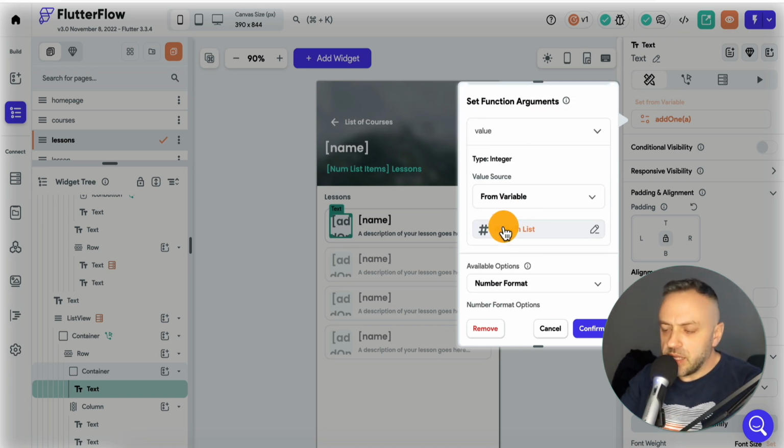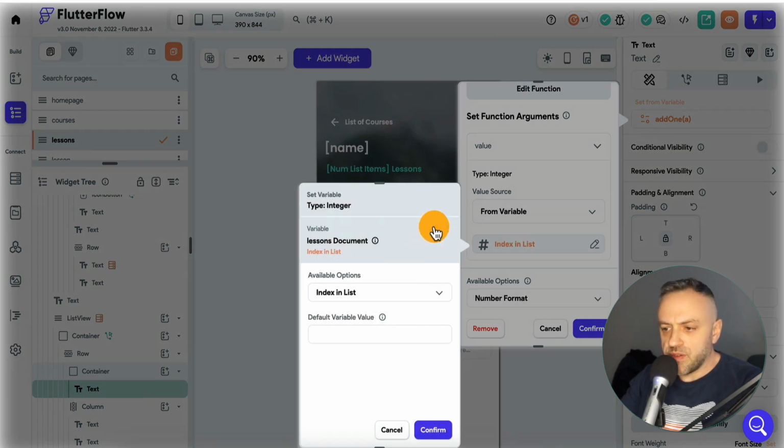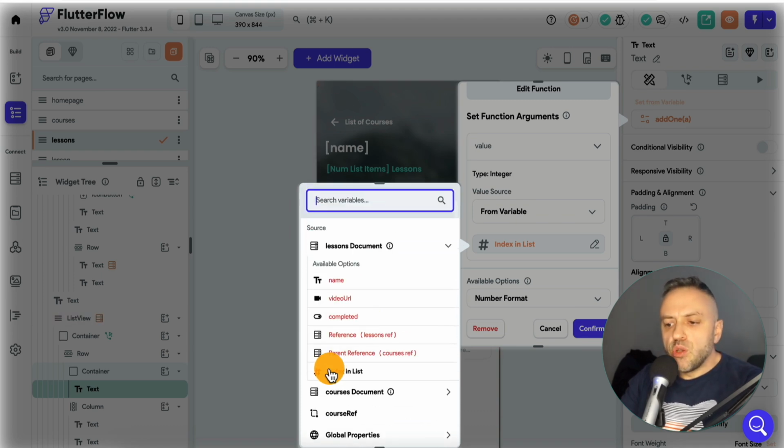So what I mean by that is, this is where I'm passing the value, right? I can click on this and I have a choice. If I click this, I have things that I can pass. So if I did not have this index and list, right? This is up to FlutterFlow. FlutterFlow was nice enough, generous enough, to give us an ability of passing this index. They might not have. In fact, I'm not even sure this was available from the start. It might have been, or it might not have been. But this is a very programmer-friendly way of passing the value.